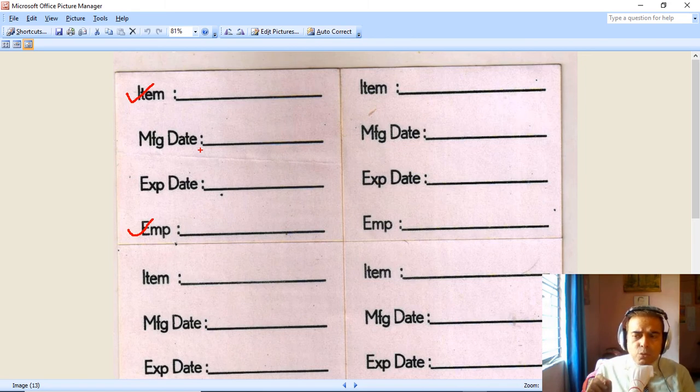Last in first out, students, is used for financial reasons. If the price of a product is constantly rising in the market, let us say I purchase one item today at price X, then after 1 week at price X plus A, then X plus A plus B, X plus A plus B plus C, then for costing purposes, it is very important that I issue the most expensive purchases first, so that my cost is increased, and by showing a higher amount of cost, my tax liabilities can be reduced. I hope you understand this concept.